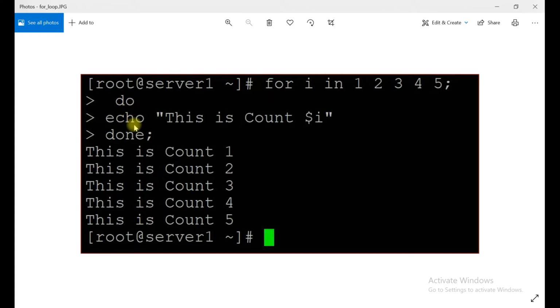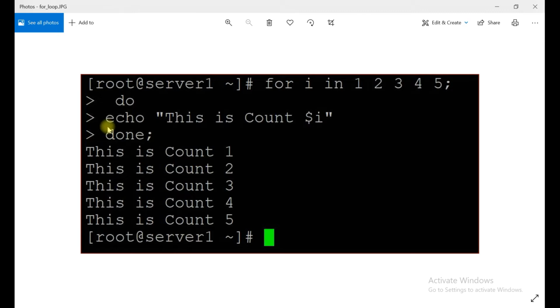Then it does echo this is count $i, meaning the value of i, which is 1, so it displays this is count 1. Then the loop runs again, takes the value 2, puts it in i, and echoes this is count 2. Similarly it keeps running until 5. After 5 there is no value, so the for loop stops.